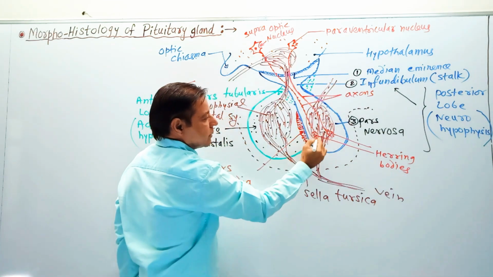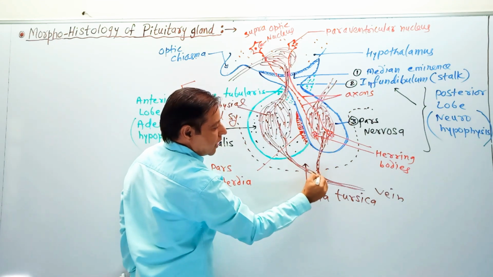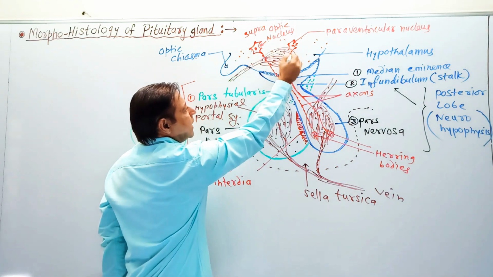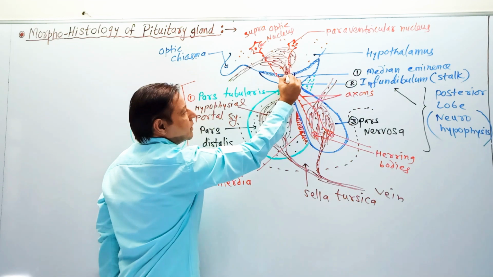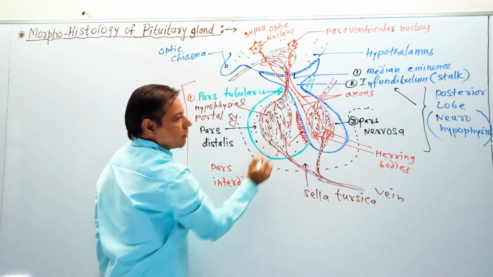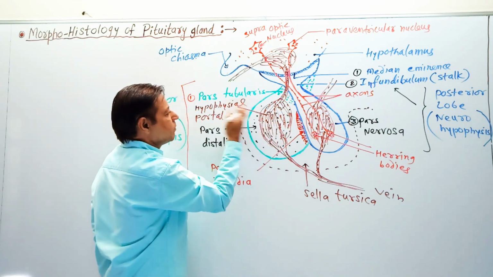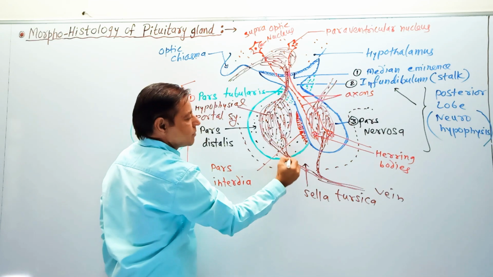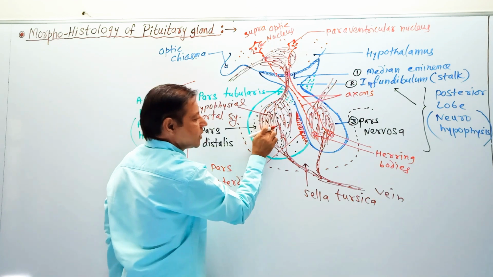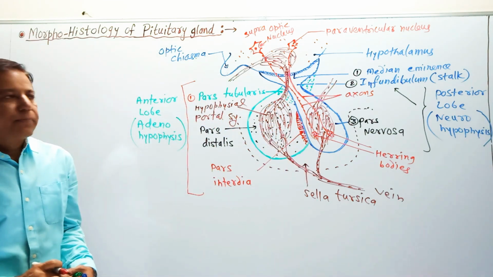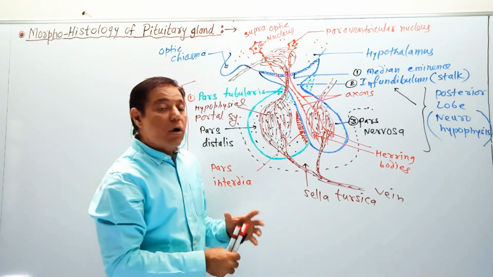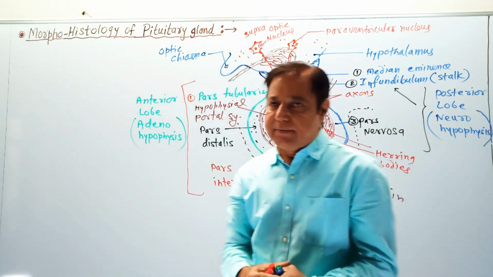Okay, in this way, arterial capillary network, then outgoing vein. Here are the arterial capillaries in the hypothalamus, then the vein forms a network, venous capillaries forming the portal system, and then it comes out from the adenohypophysis, and in this way the hormones are released into the blood vessels. Okay, this is about the morphology of the pituitary gland. Okay,